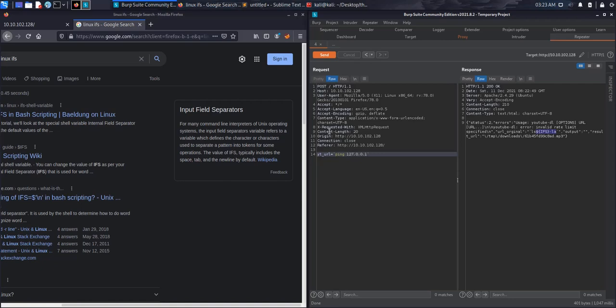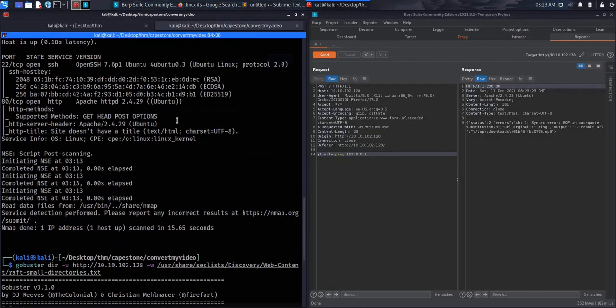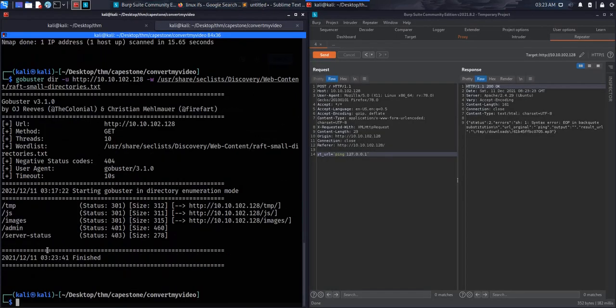127.0.0.1. That came back really quick. Or we could ping ourselves. Let's try that. Are there any other directories? I guess not. It's just these directories. We could try run another word list on this, but it's the same directories, and this is the path we're supposed to go down. So sudo tcpdump